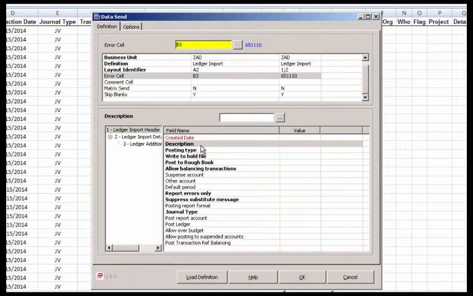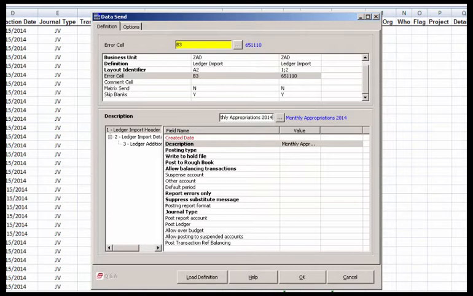This will show up in the upper right-hand corner of your journal listing. You may want to keep that in mind. And you can name this whatever you want. I'm going to call it a monthly appropriations 2014. The main role of this particular description is to help you identify this upload on the ledger import side